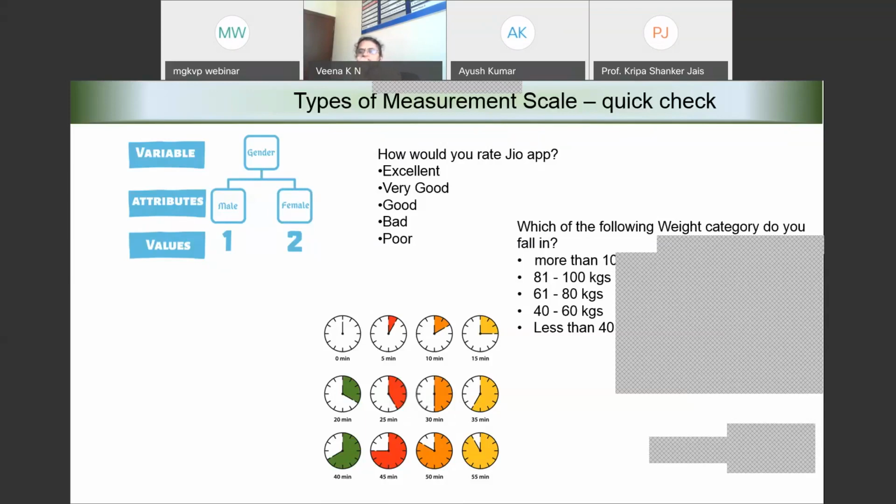Ordinal. Is it ordinal or nominal? Nominal. Answer is nominal. Answer is interval. Answer is nominal. Okay, answer is ordinal.